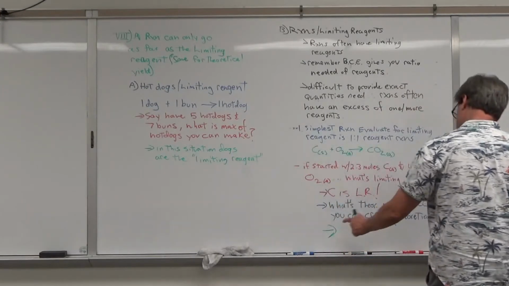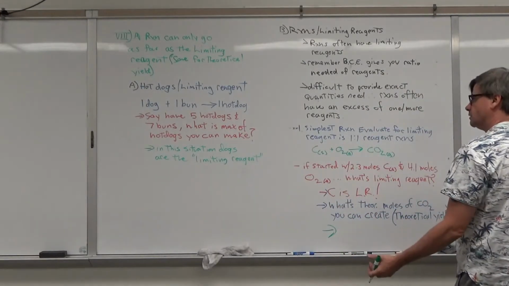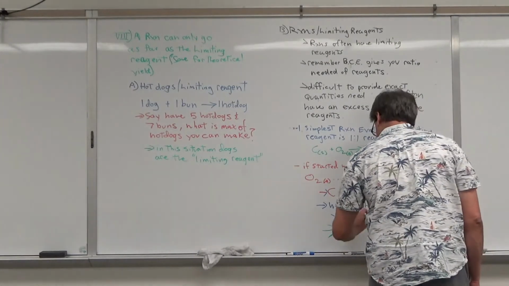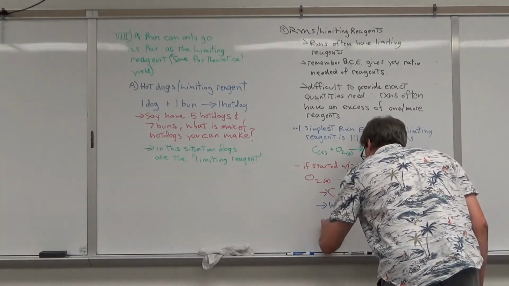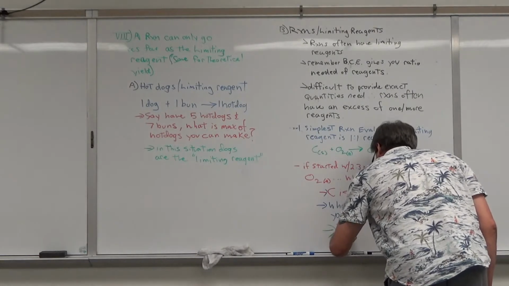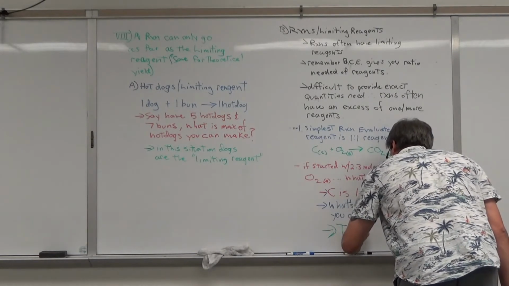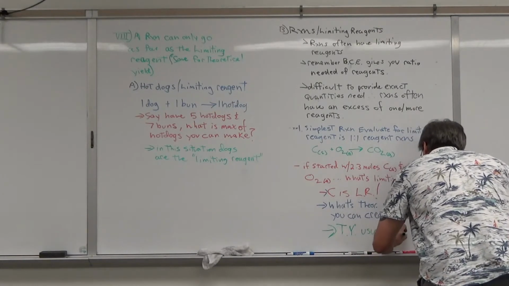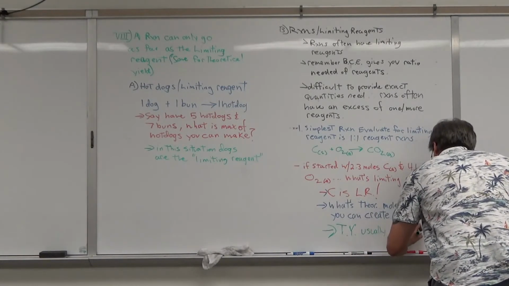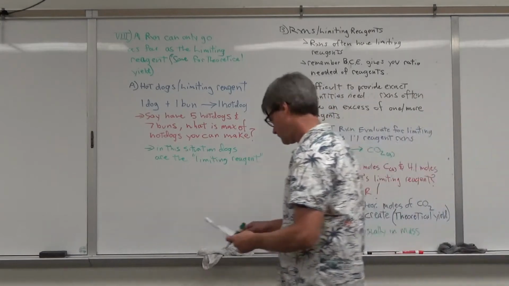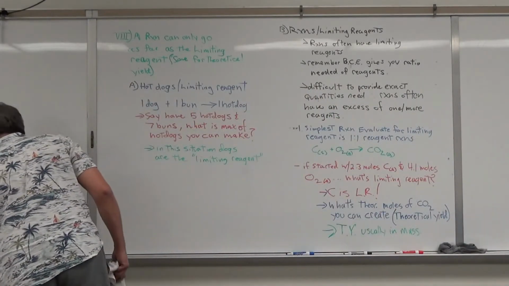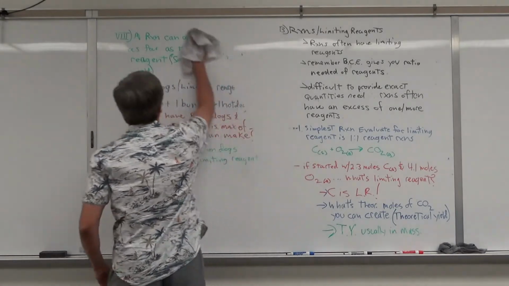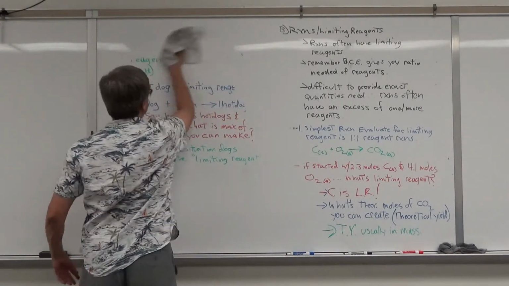Sometimes you do, but most commonly, when you're talking about the theoretical yield of a reaction, you're talking about the mass. So theoretical yield, TY, usually in mass. All right, so that's no problem about deciding which is the limiting reagent for a 1-to-1 type reagent situation, but